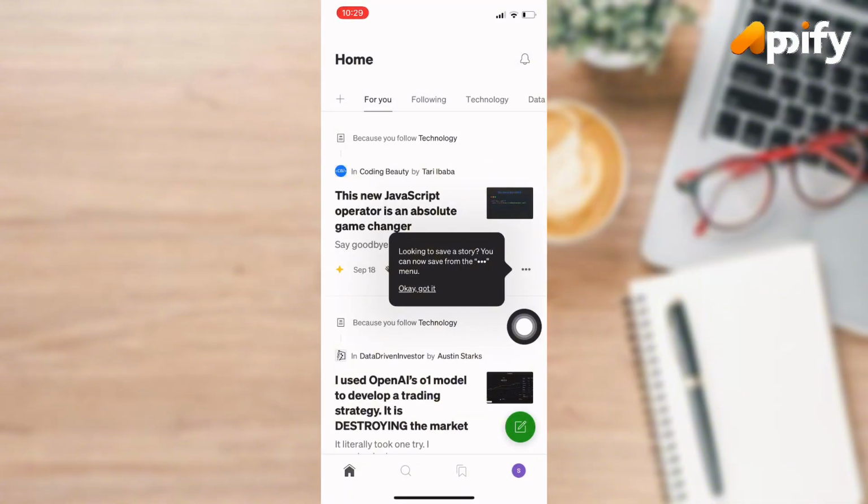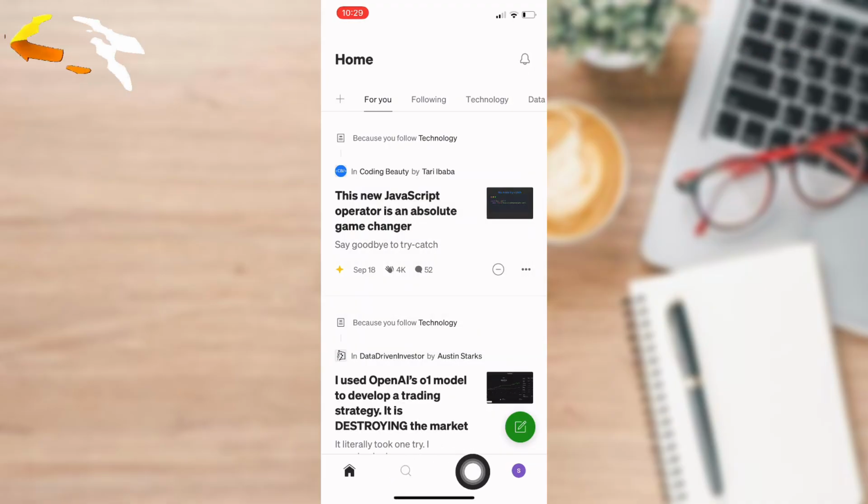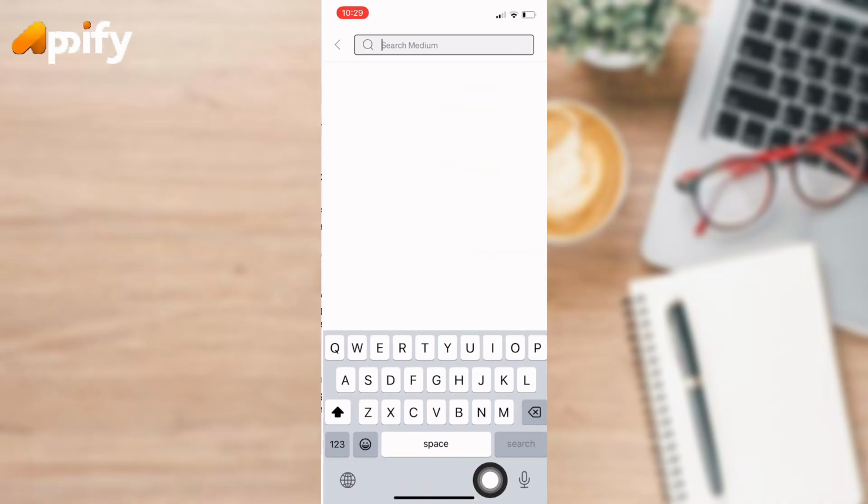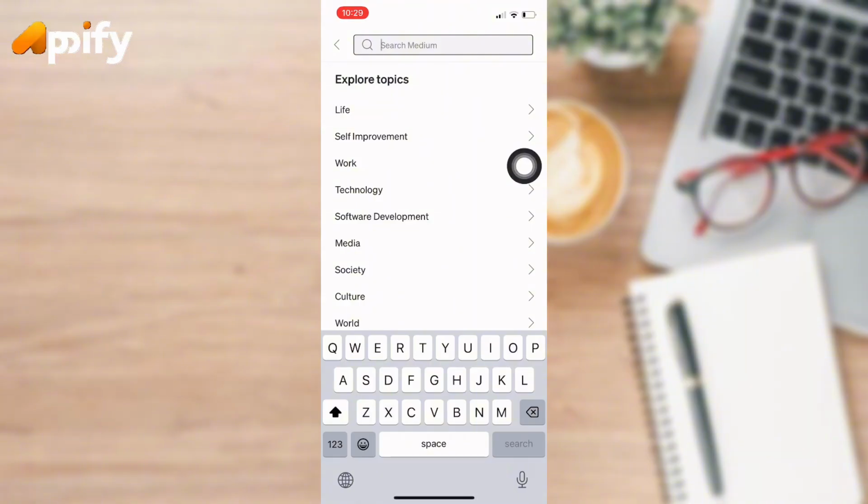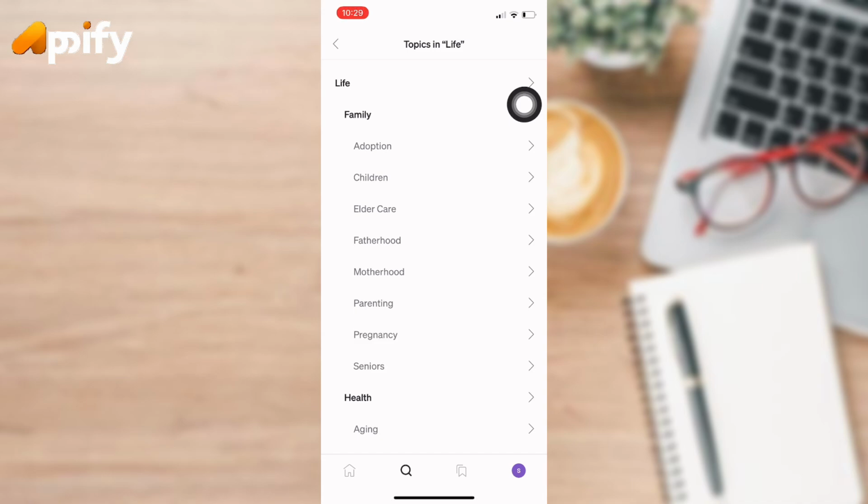So here this is your home page. When you go to the search icon, tap on it. You're going to search for a particular user. For now, let's say I want to search for a user related to the topic life. So here I want to select